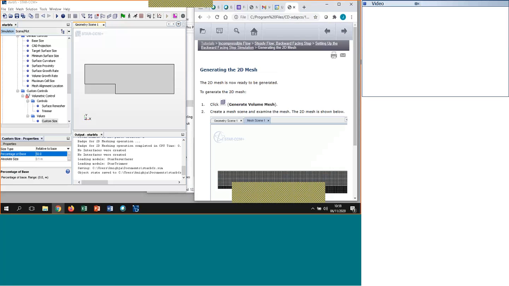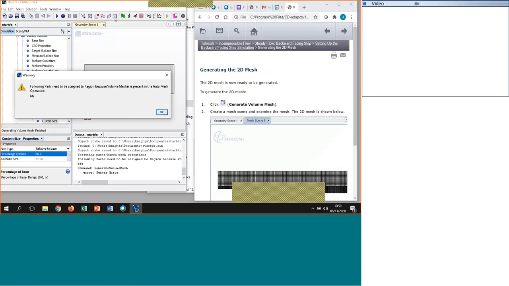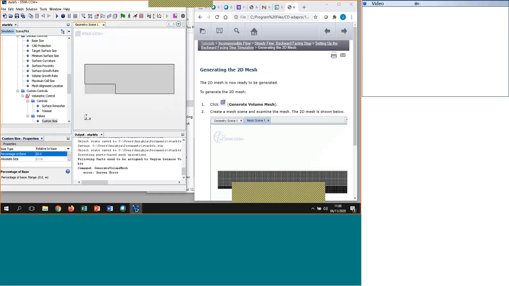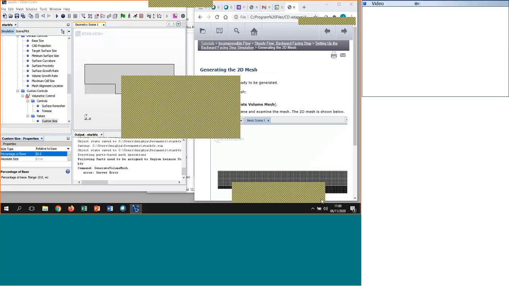Now I think we can create the volume mesh. I'm just going to save it. I'm going to create a volume mesh, hopefully. Okay, it's come up with an error. Following parts cannot be assigned to the region because the volume mesher is present in... So the BFS is not assigned to the region, apparently. Let's have a look at that. Volume mesher is present in one part of this one. Region. Okay. I'm just going to